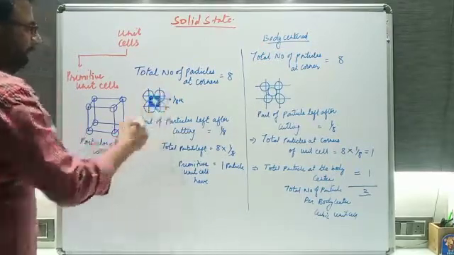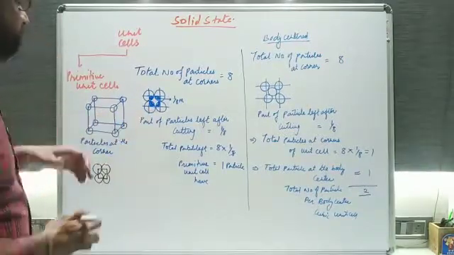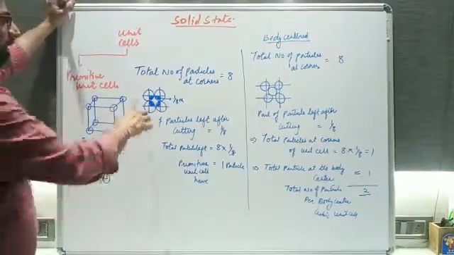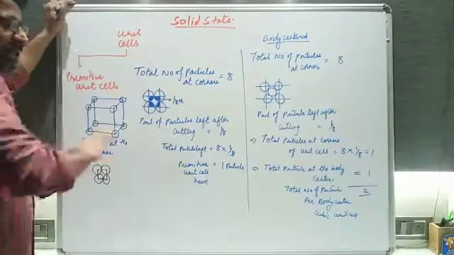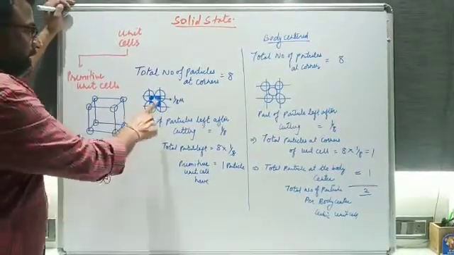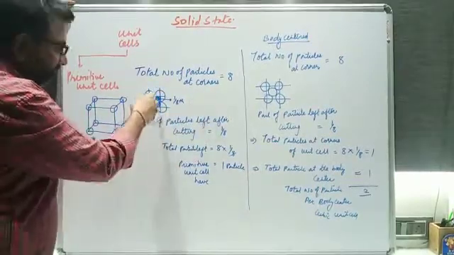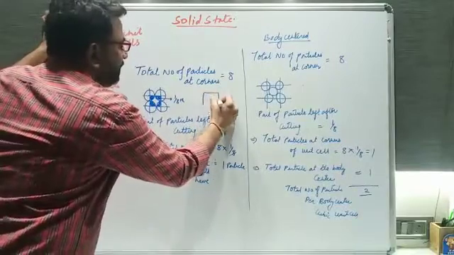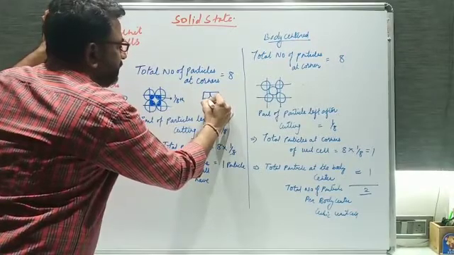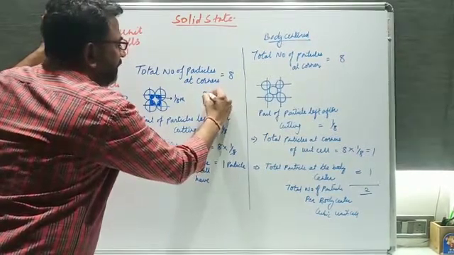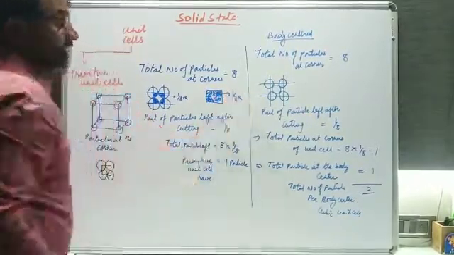The upper 4 particles will be having this much area, and the lower portion will also be having this much area. Is it clear? Here you will see how many particles are there at the corners. The total number of particles present at the corners will be equal to 8. Now we cut all these particles from all the 3 sides. Then the part which is left behind, because the empty portion has been removed, the perfect square will be seen like this. Okay, students, these are the parts of the spherical particles after cutting. The portion which is left behind will be the 1/8 part. How much portion is left?